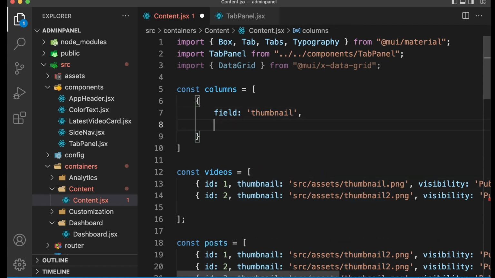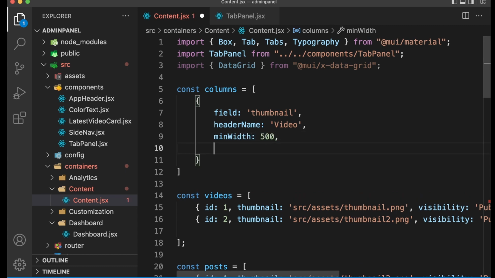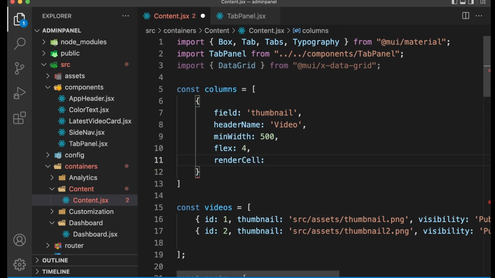And then header name, we can change the name to video, and we can set min width to be, for example, 500 pixels, and flex to use 4 times bigger than other elements, and render cell, it's another function to customize it, because we just don't need to put this text inside our table. We want to render the address and make it an image component and add my video title, my video description, and put all of them in one column. So I'm gonna use render cell prop actually function here,